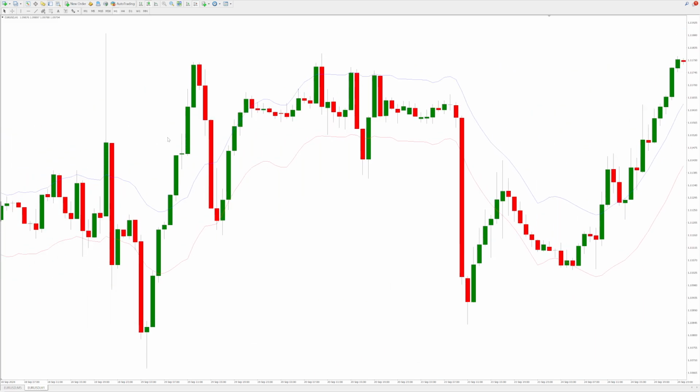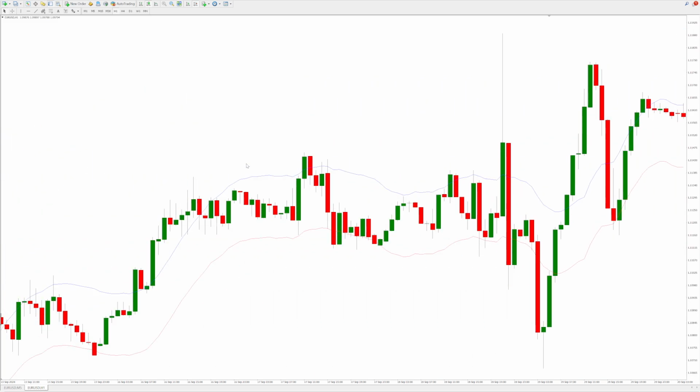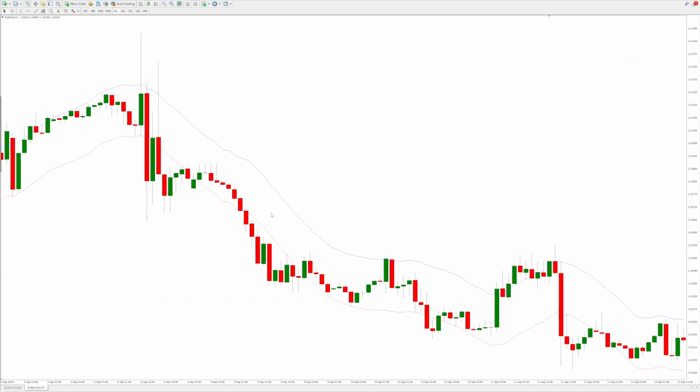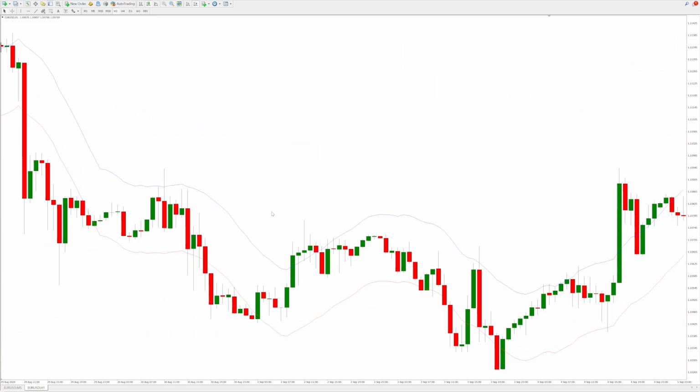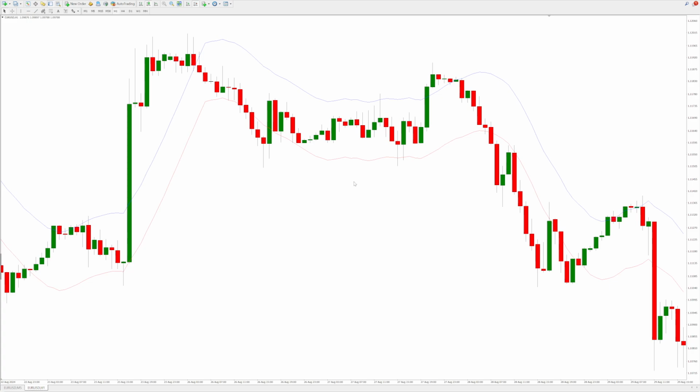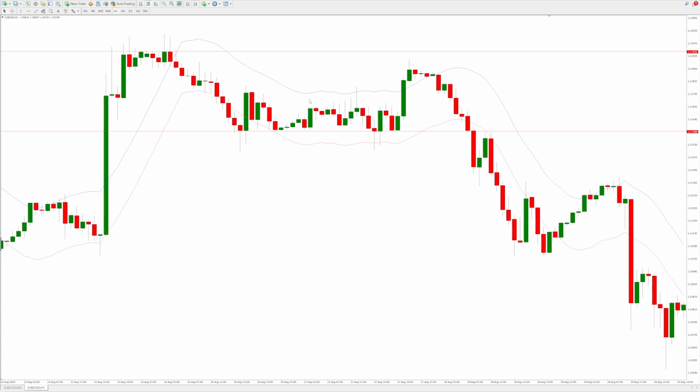Basically, in ranging markets, we're not trading in the direction of the breakout, we're trading in the opposite direction. So a reversal trade, if you like. So if we just look for an example of a range, we have one here. So if we just mark resistance and support. It's a short range, this one, but just to give you an idea